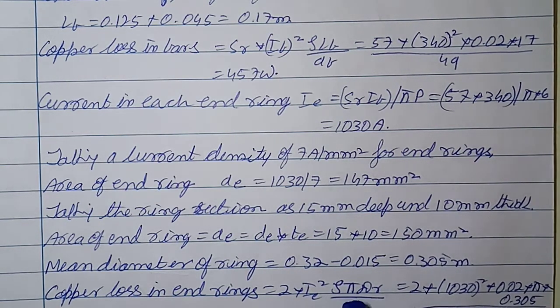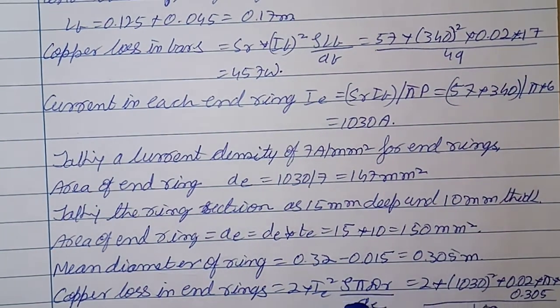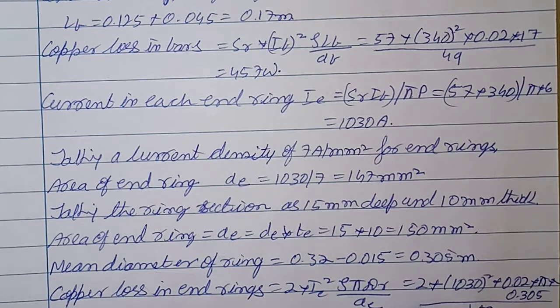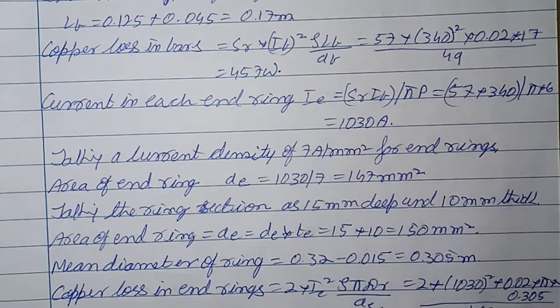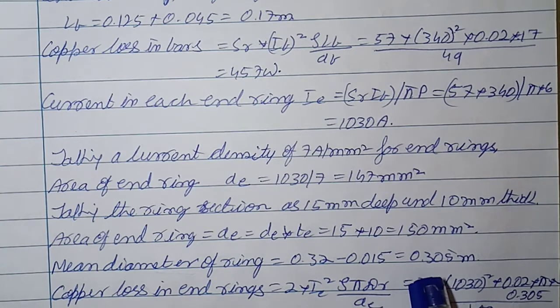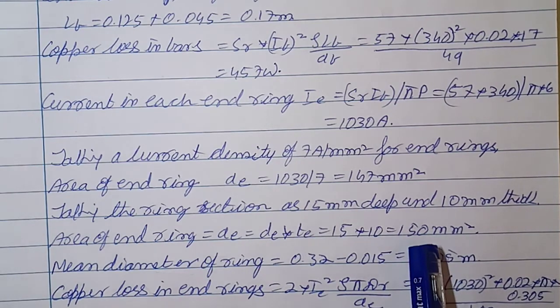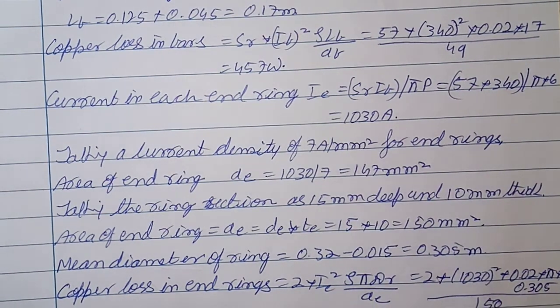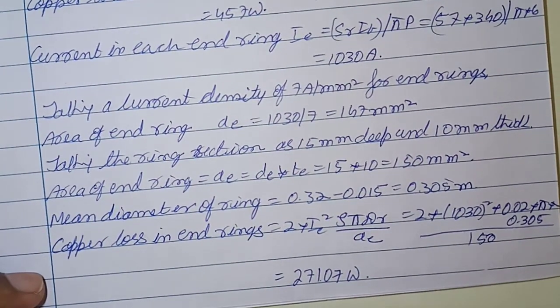So the length is pi into d, right? So that is the length, okay, the circumference. So it is 2 into I_E square, which is 1030 square, into 0.02 the resistivity, into pi into d_r, that is what we have here, 0.305, whole divided by A_E, 150 mm square. So from that the copper loss in end rings that we get is equal to